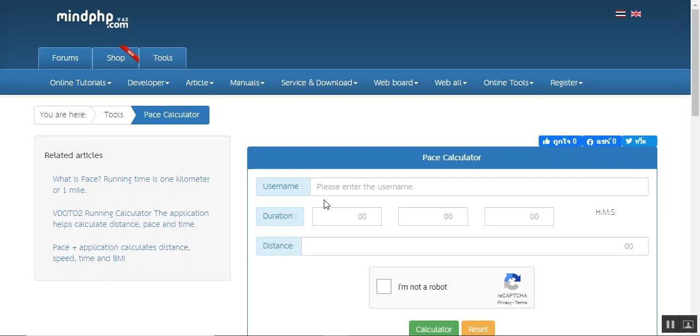Today we will be introducing the program, Pace Calculator. This program calculates the pace. The pace value is the calculation of how many minutes we run per kilometer. We just fill out the distance that we ran and the time we ran. Then you can know how many minutes we spend to run at a distance of 1 kilometer,